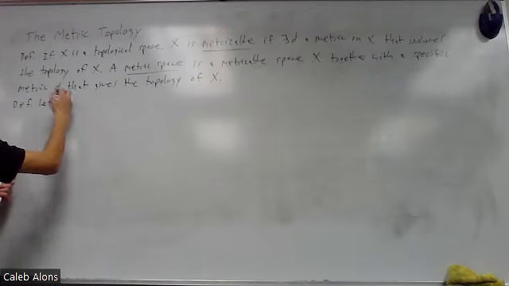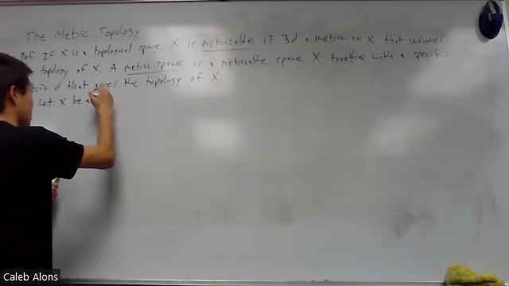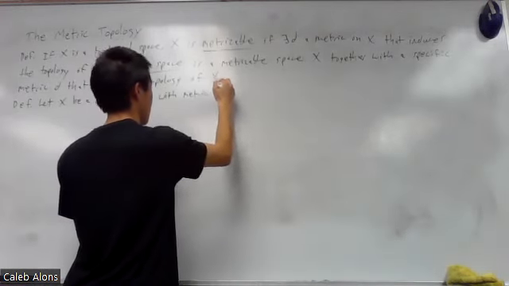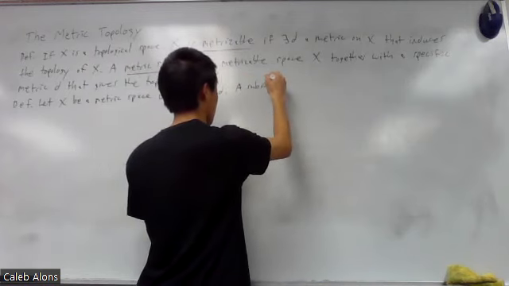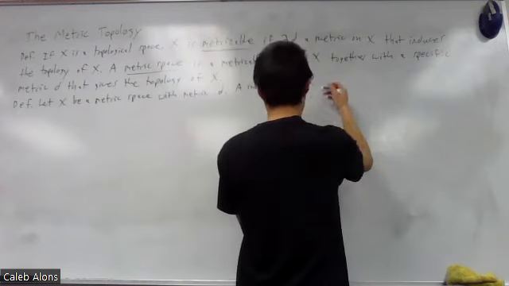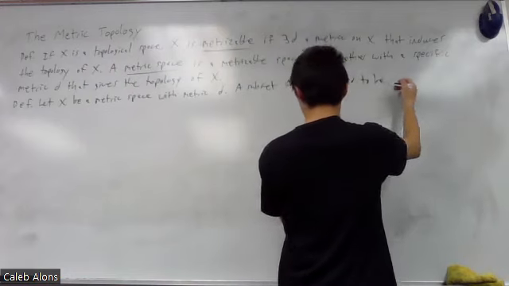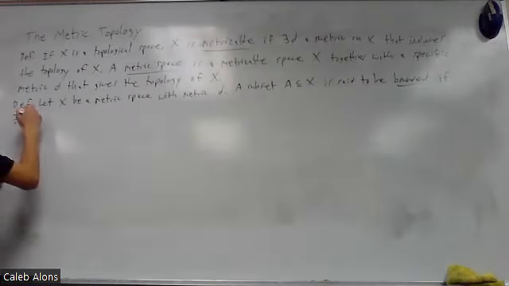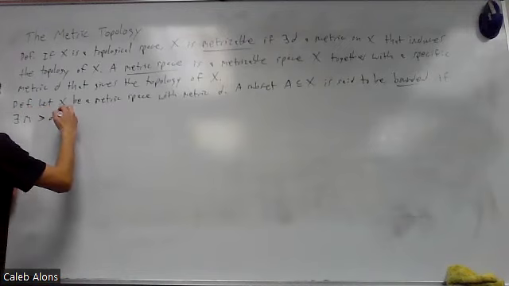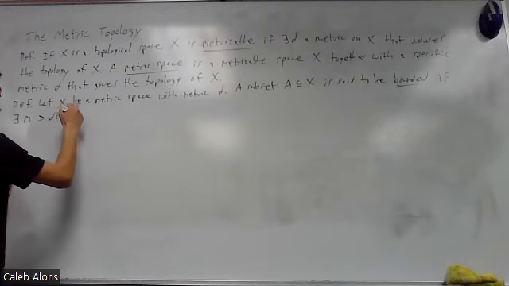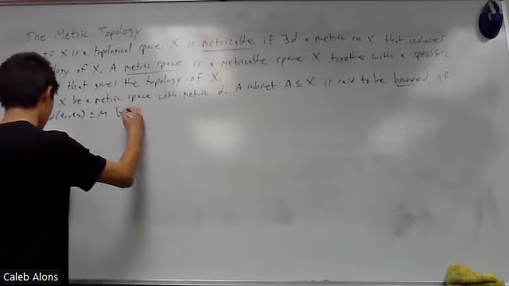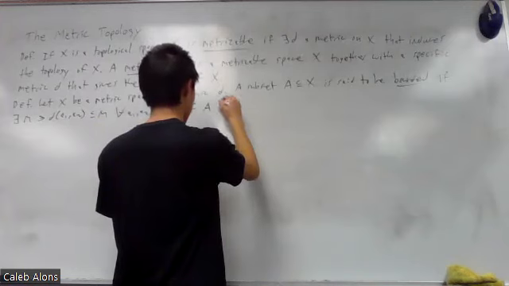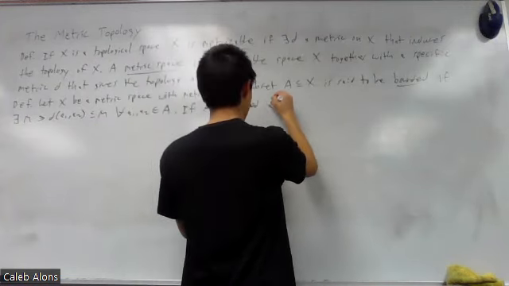So let X be a metric space with metric D. Then a subset of the metric space is said to be bounded if there is some M such that the distance between 2 points A1 and A2 is less than or equal to M for all of the points A1 and A2 in the subset. And if A is bounded and non-empty,